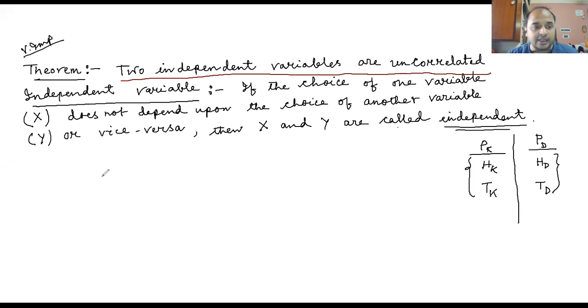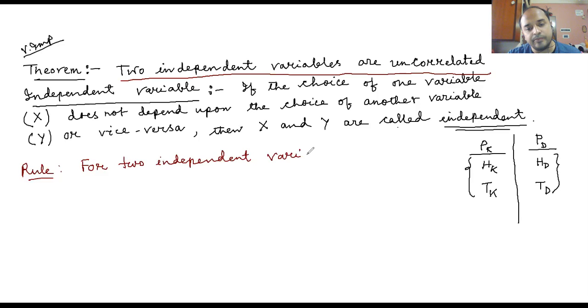So what does it mean? It means there is a rule, actually a formula, but the derivation of the formula is a subject matter of module 2. The teacher will tell you. I am just using the rule. For two independent variables, capital X and capital Y,